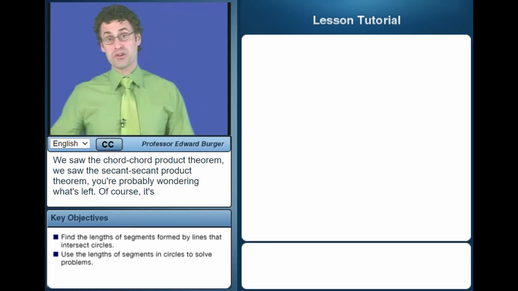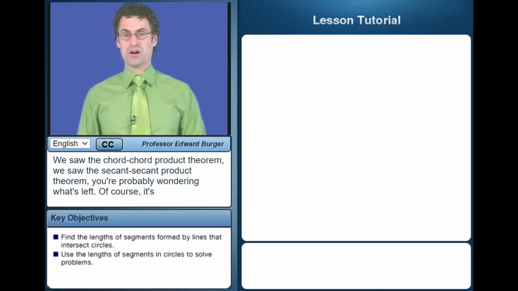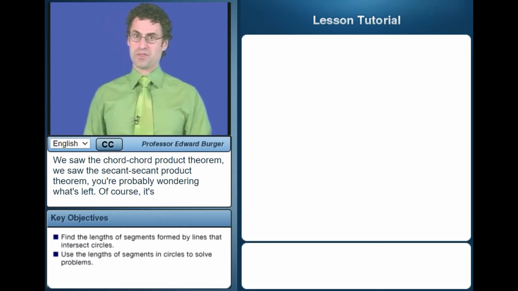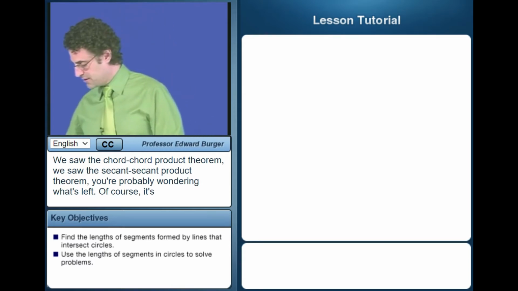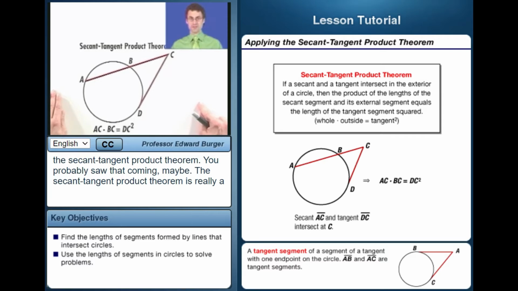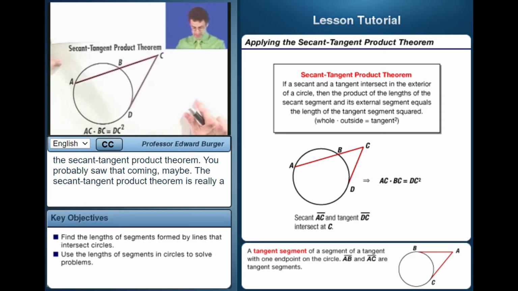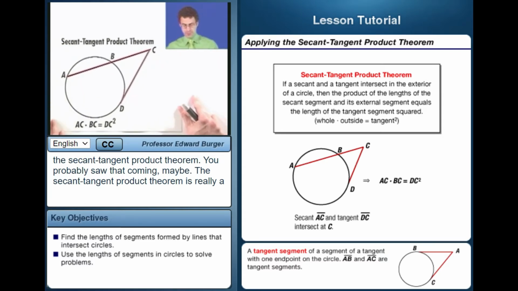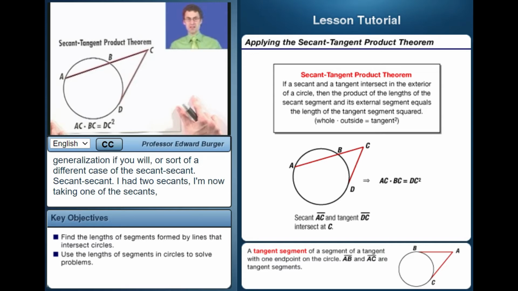Well, we saw the chord-chord product theorem. We saw the secant-secant product theorem. You're probably wondering what's left. Well, of course, it's the secant-tangent product theorem. You probably saw that coming, maybe. All right, the secant-tangent product theorem is really just a sort of a generalization, if you will, or a sort